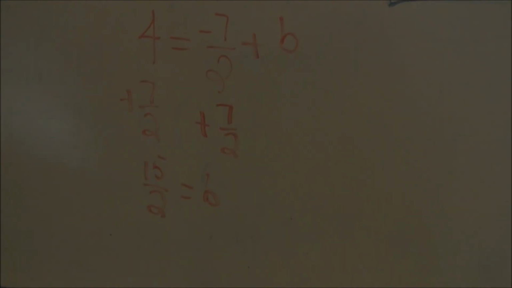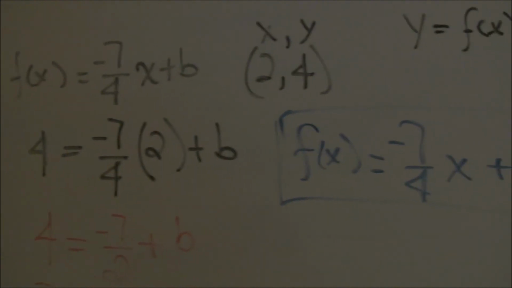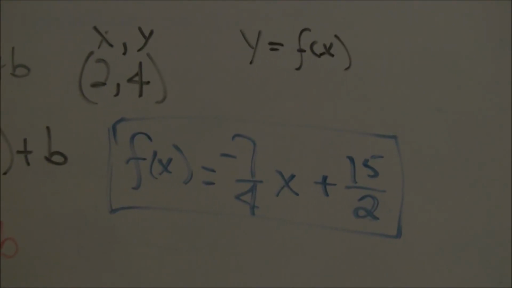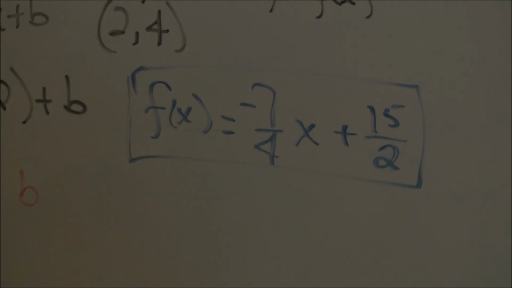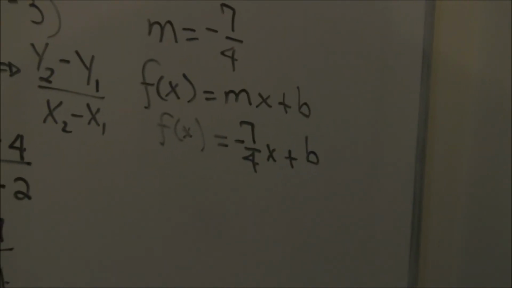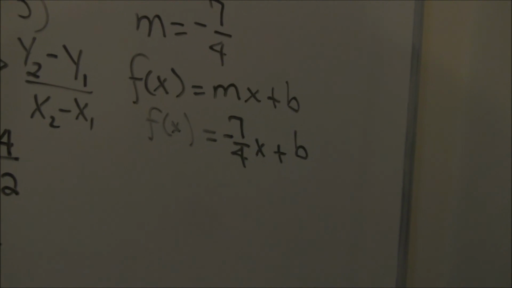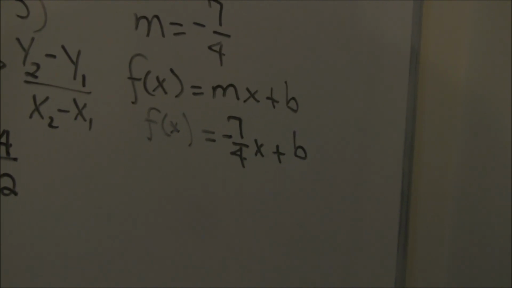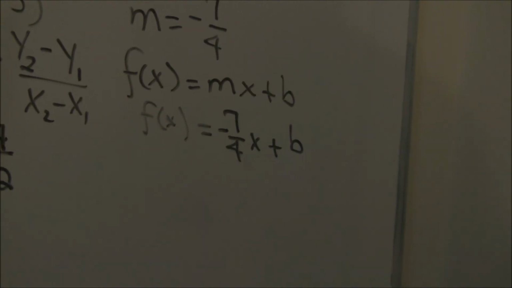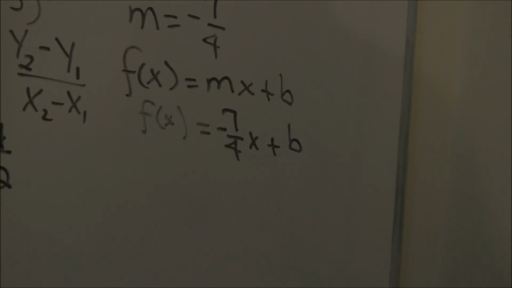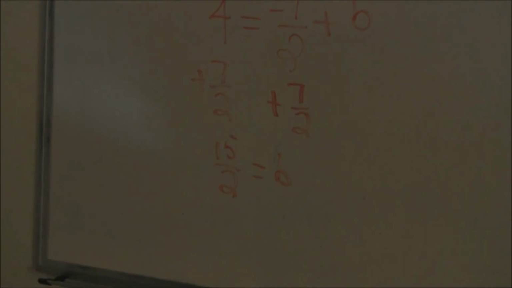Now we have b. What we do, we go on the side where we rewrite the function, except that, remember, when we write it the first time over here, pay attention, we have f of x negative 7 over 4 x plus b. Once we write it over there, now we're going to write the same thing, but replace the b by what we found over there, which is, of course, 15 over 2. Now once we do that,